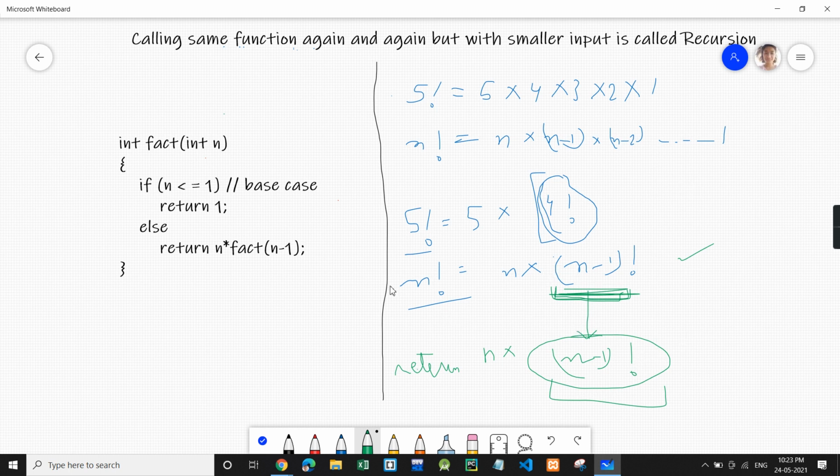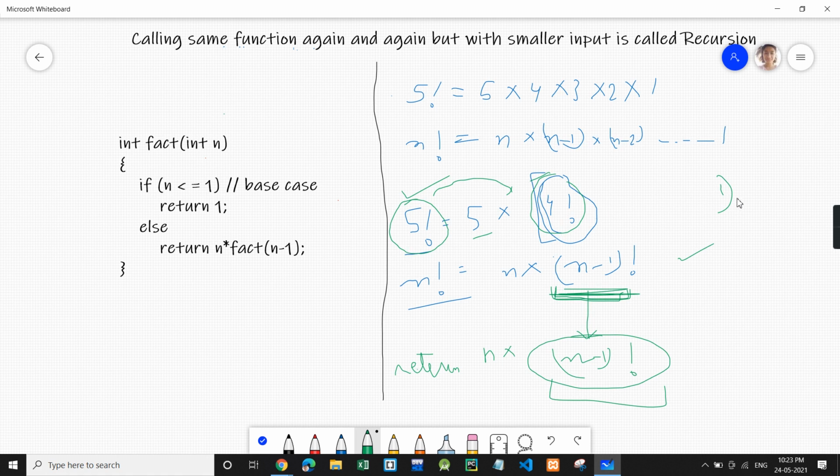So first of all we thought of how we can divide our bigger problem into a smaller problem. Our problem was 5 factorial. We thought that if we know 4 factorial, we can multiply 5 with that and we can get 5 factorial.